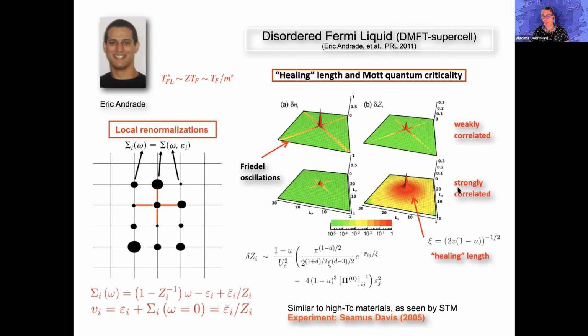What happens when we crank up correlations and we approach the Mott transition is something very dramatic. What we find is that locally the disorder is strongly screened, but also the spatial extent of the region that's perturbed by the impurity shrinks to a very narrow region. And this is for the density fluctuations which are induced. And here are the local quasi-particle weight fluctuations. So these are parameters describing the Fermi liquid. The Fermi liquid is perturbed, but when the correlations are strong, the region that's affected is very short, a very restricted region.